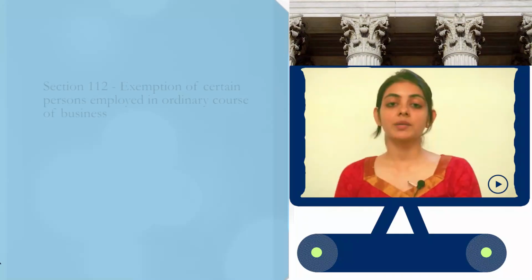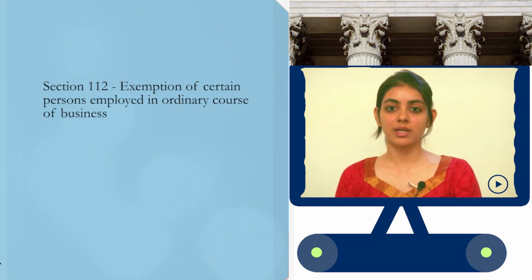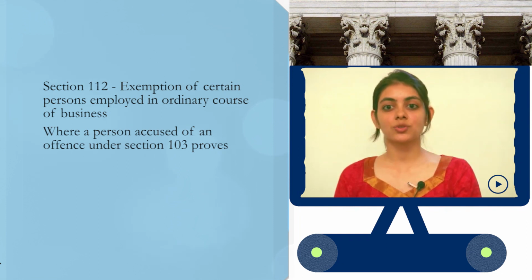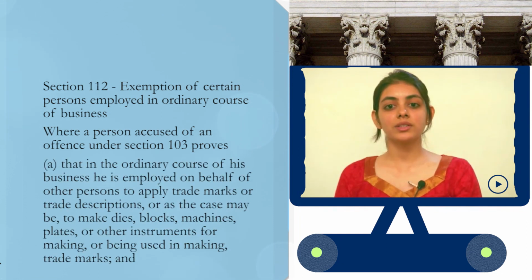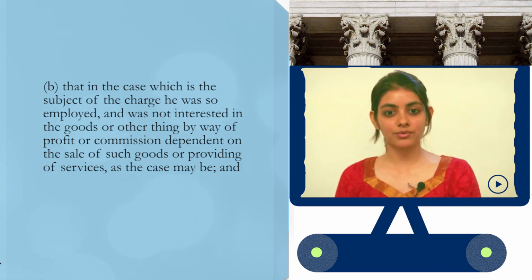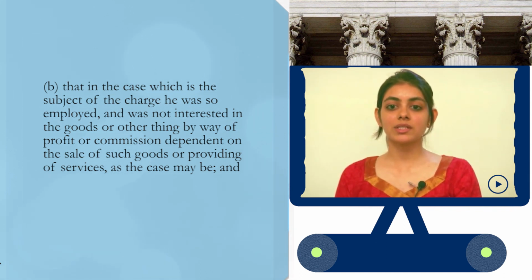Those exceptions are provided in section 112 of the Trademarks Act. When a person accused of an offence under section 103 proves that in the ordinary course of his business, he is employed on behalf of other persons to apply trademarks or trade descriptions to make dies, blocks, and that in the case which is the subject of the charge, he was so employed, he was not interested in the goods or other things by way of profit or commission dependent on the sale of such goods,